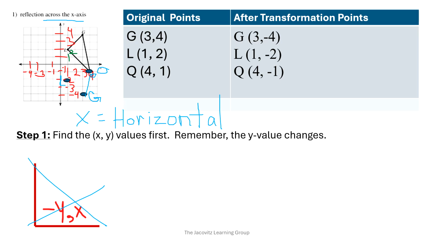So this is Q. And it's across because, let's take the highlighter and see that it's going down and across here. So now you have to think, what is the question asking? Well, it's not asking you to use this rule. It's asking you to go across the axis. And it's the x-axis. If it was a y-axis, this would come across and go over here. But it's the x